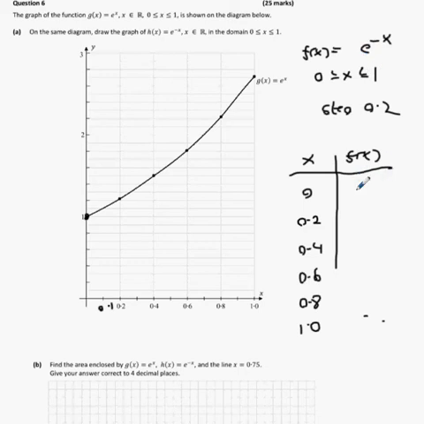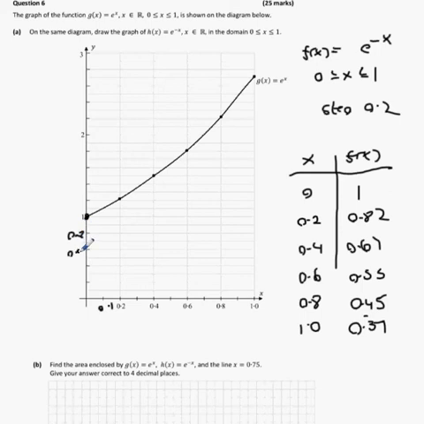0, 1, then 0.2, 0.82, 0.4, 0.67, 0.6, 0.55, and then 0.8, 0.45, and then 1.0, 0.37. Okay? And what you're going to end up doing is drawing this on the same graph, okay? So that's 0.8,